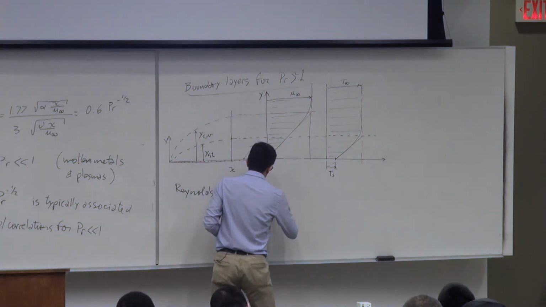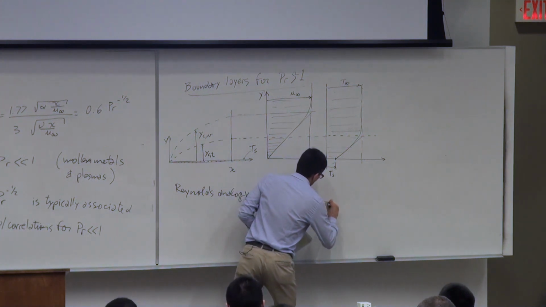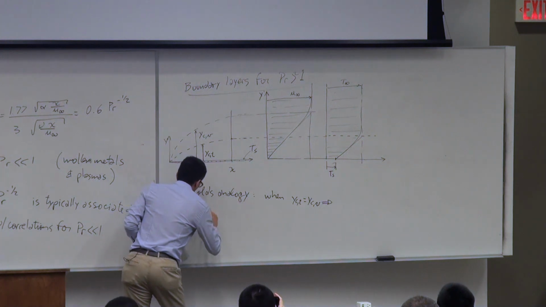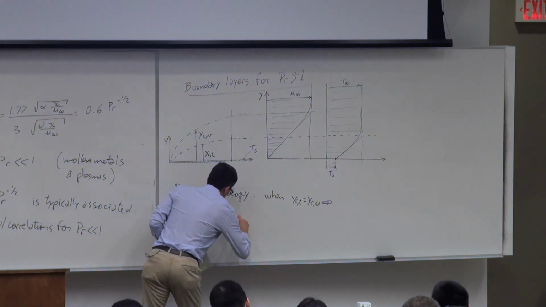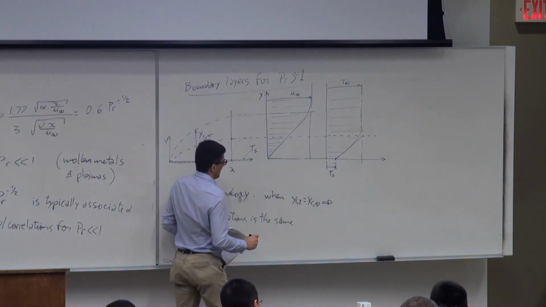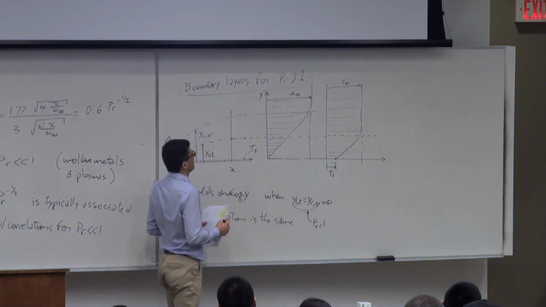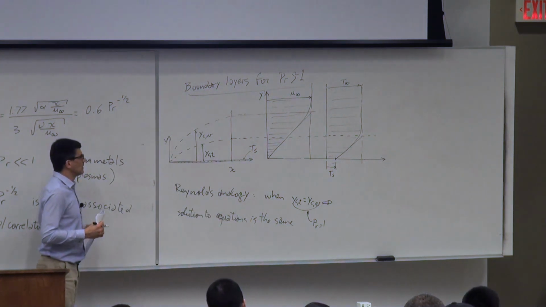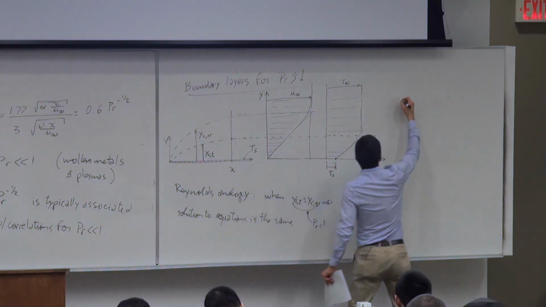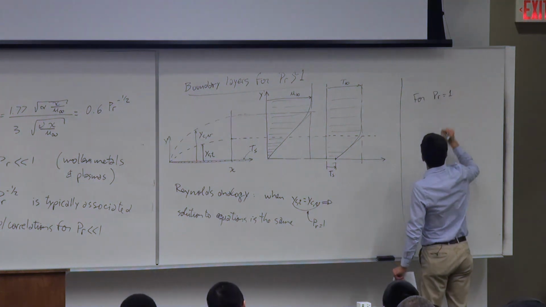So when delta_T equals delta_V, then the solution to the equations is the same. Right? And this happens when Prandtl equals 1. Okay. And the other thing is, and what is the solution? Okay, let's talk about Prandtl equals 1. For Prandtl equal 1, we have